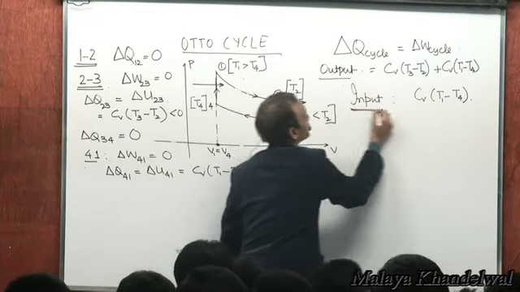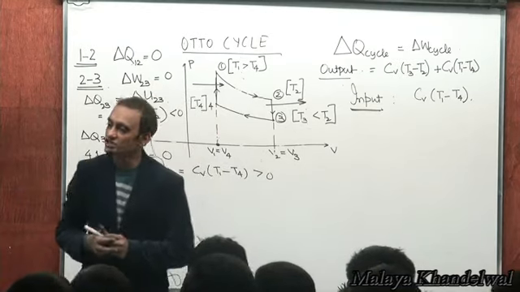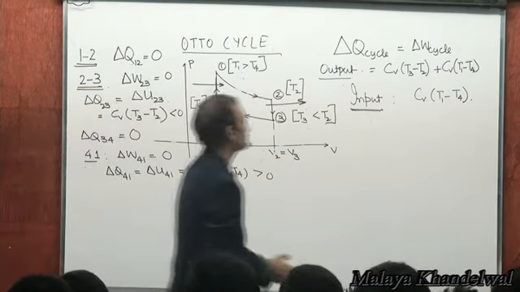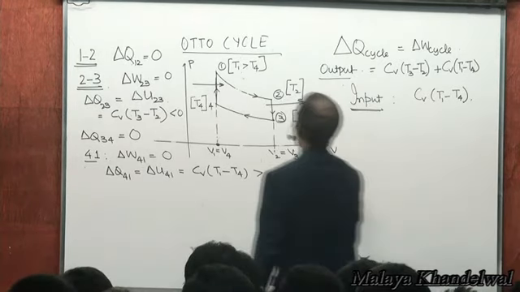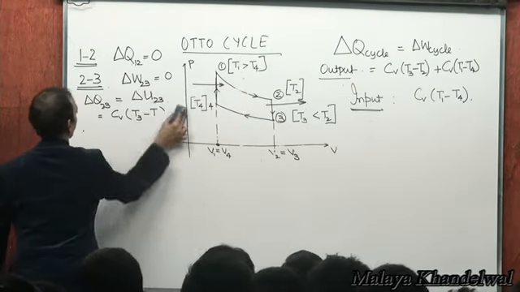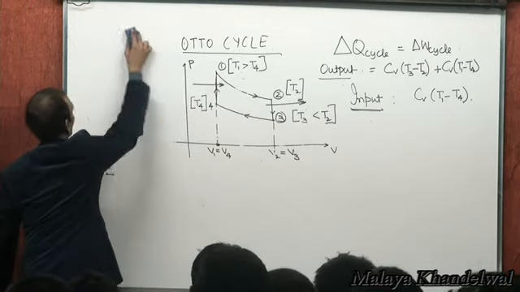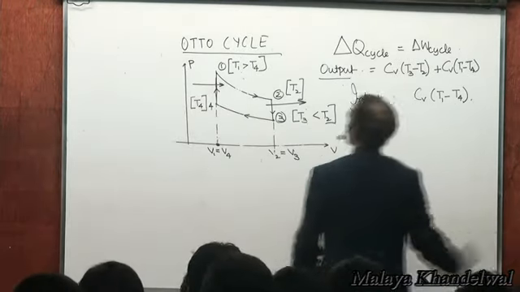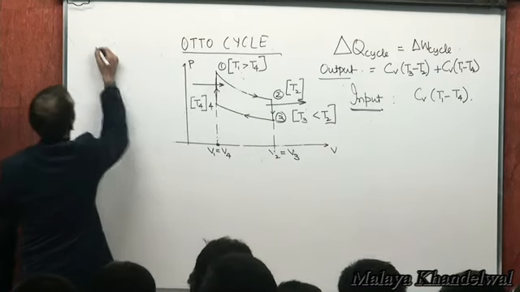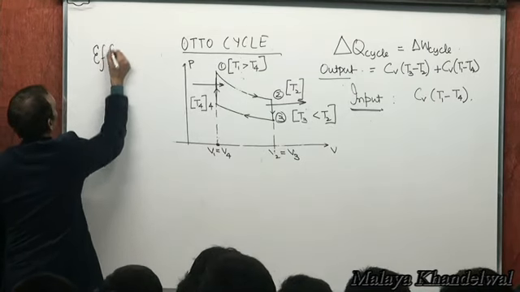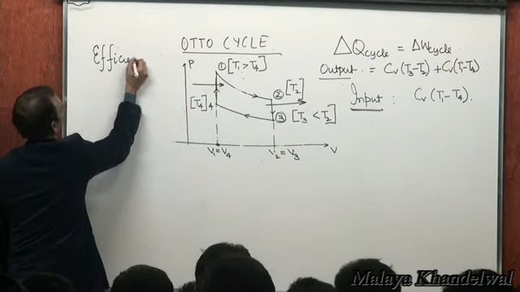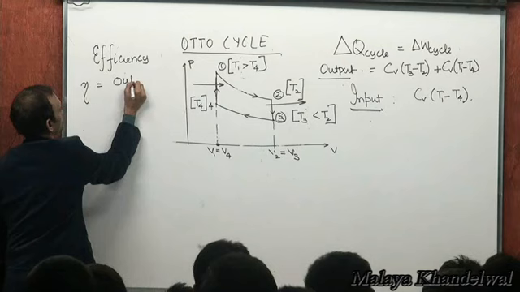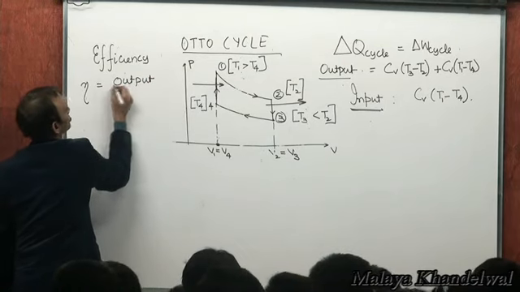Now if I divide output by input, I get the efficiency of the cycle. Eta of the cycle is output divided by input,